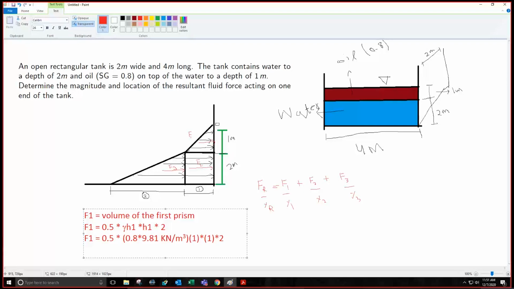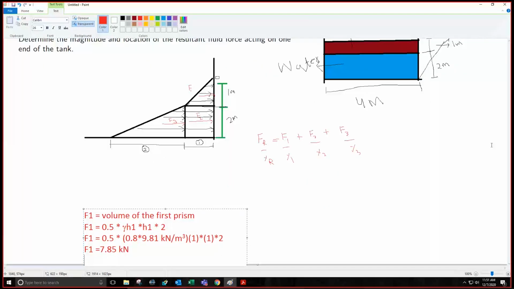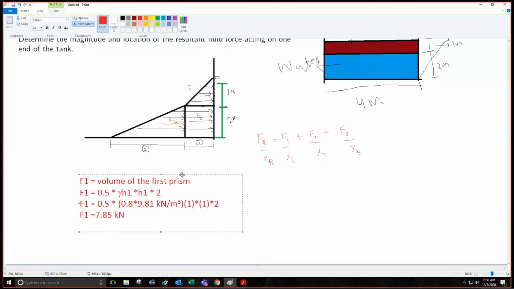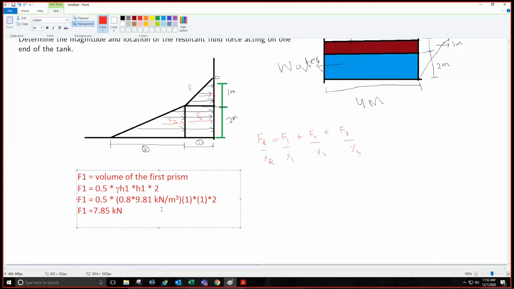So F1 is, क्या वैल्यू आएगी F1 की? 0.5 multiplied by 0.8 multiplied by 9.81 multiplied by 2, which is 7.848, which we can write it as 7.85 किलो न्यूटन्स. ठीक है? क्लियर है? जी सर. तो किलो न्यूटन क्यों लिखा? क्योंकि मैंने यूनिट्स क्या यूज किए हैं स्पेसिफिक वेट के, गैमा ऑफ वाटर. ठीक है? हियर वी हैव गैमा ऑफ ऑयल, तो उसके लिए मैंने फिर